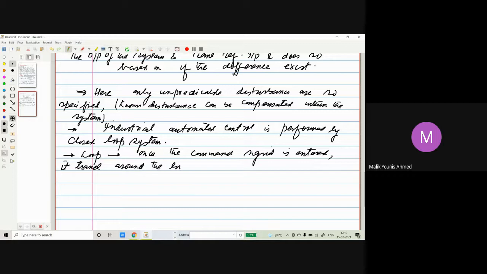It will travel around that complete loop, and it will continue to do so